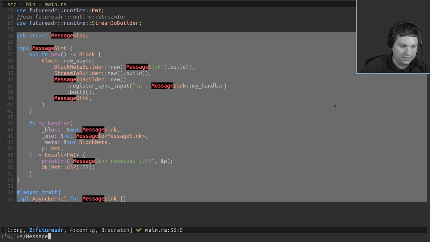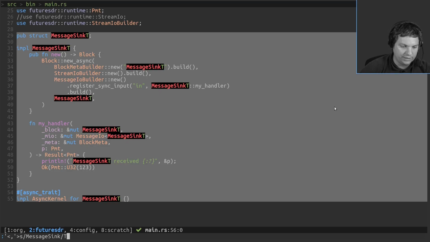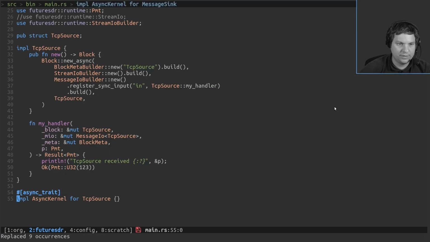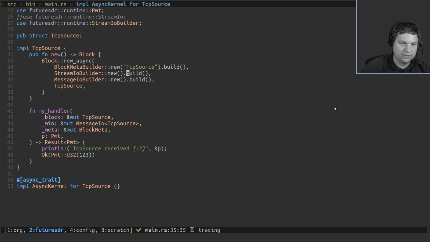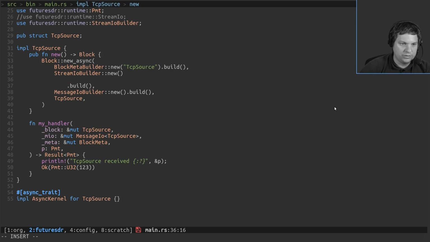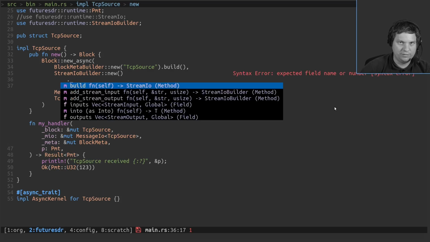So from the message sink, we create a TCP source, and we don't need any message IO in our case, but now we want to add a stream output, because we receive data from the socket and output it into an output buffer in the flow graph, so stream it in the flow graph.